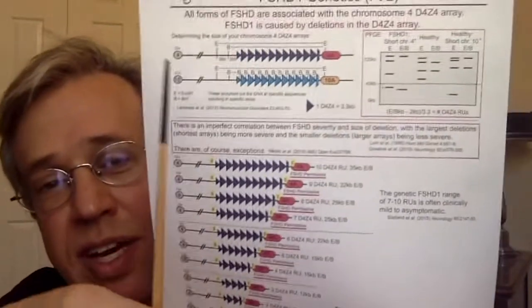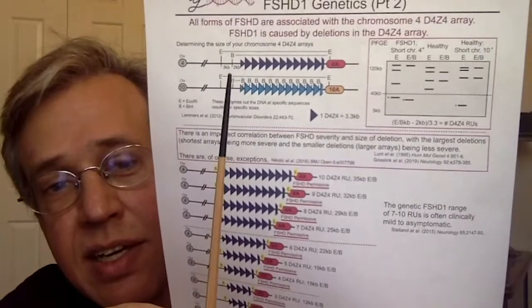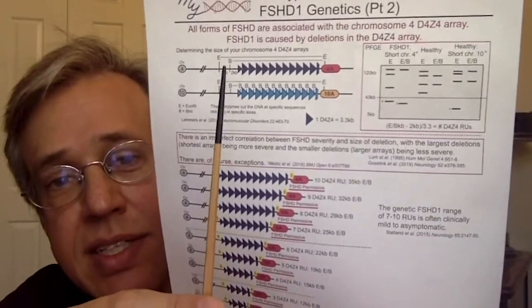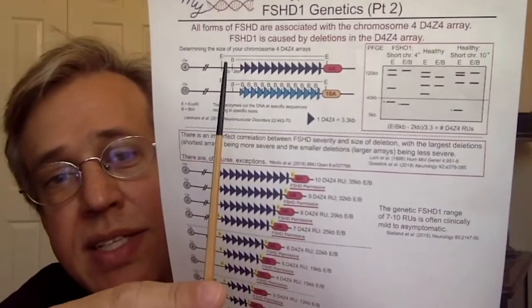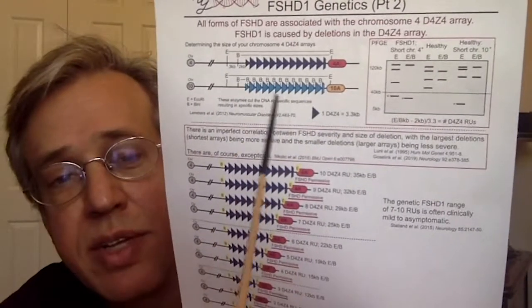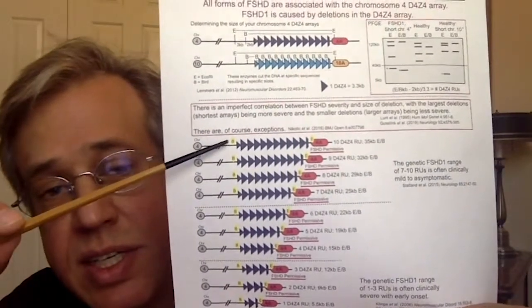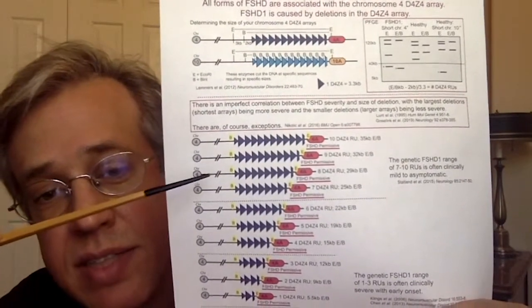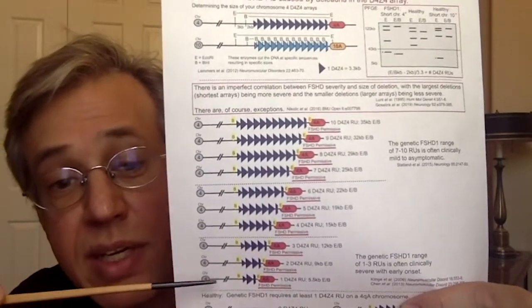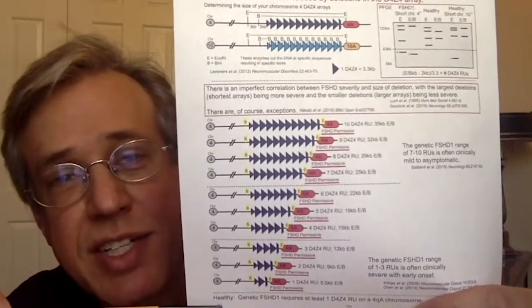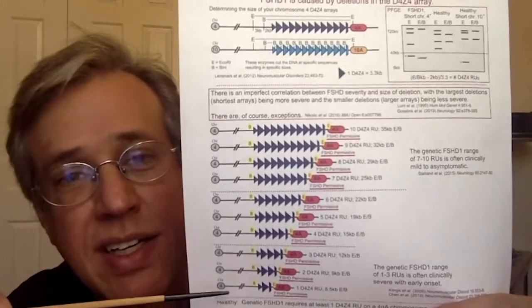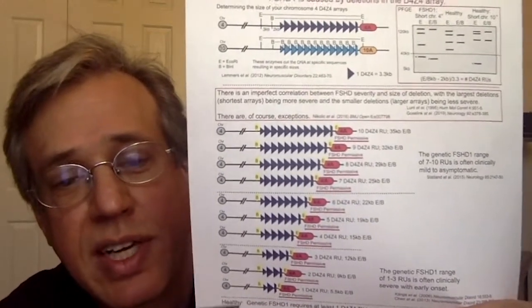Now this contraction can vary greatly. You'll see that a lot of people have different repeat units. If you get a size that says like 19 kb, that is saying that the distance between the two enzyme cut sites in the DNA is 19,000 bases, and that correlates to a number of repeats. So you can have FSHD with 10, 9, 8, 7, 6, 5, 4, all the way down to 1 repeat. If you have no repeats, though, you can't have FSHD because the DUX4 gene is in the repeat. You need to have DUX4 in order to get FSHD.